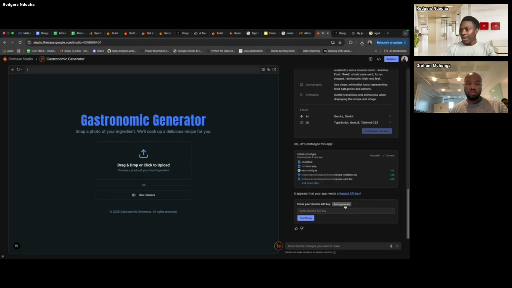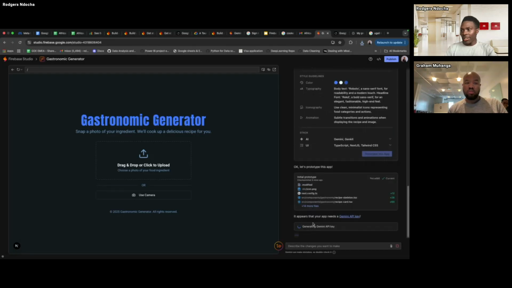Maybe we see what happens. If I click auto-generate, it automatically generates a random Gemini API key and inputs that in your environment variables. But this free version, I don't think it's going to work. That's why it requires billing, a billed Gemini API.